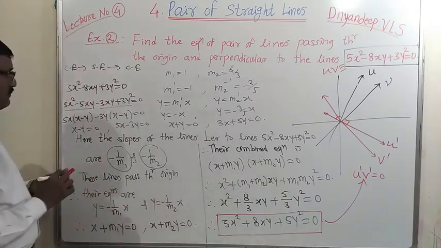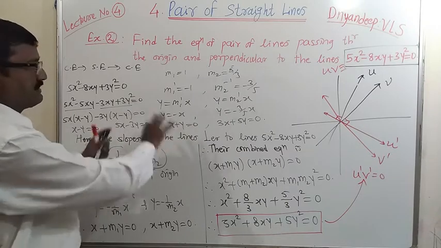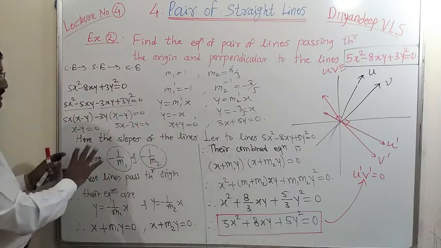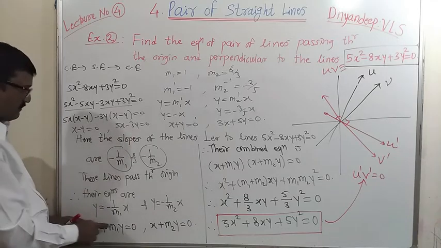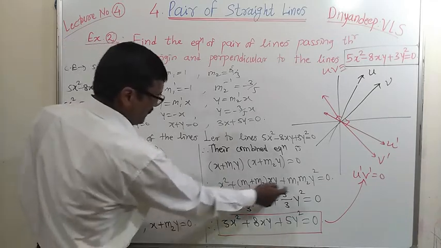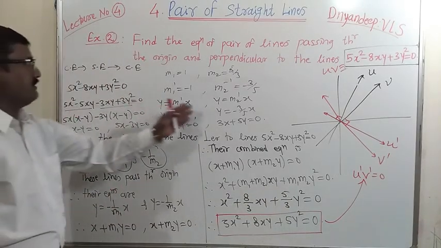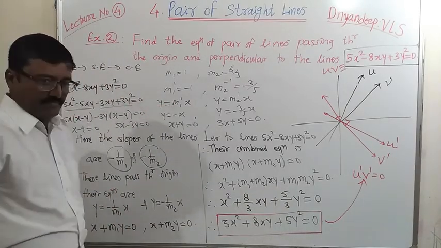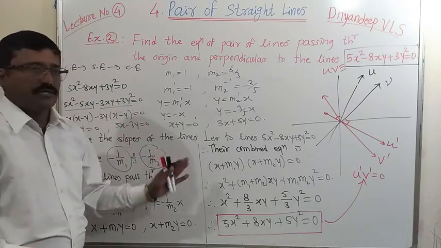Okay, you can follow this method also, or you can directly find the answer without finding the separate equations and their slopes. Here the slope of any individual line is not found, only the sum of slopes m1 plus m2 and the product m1 m2 are used. So that is the second way to find the same answer. These two methods can be used for the state board exam.